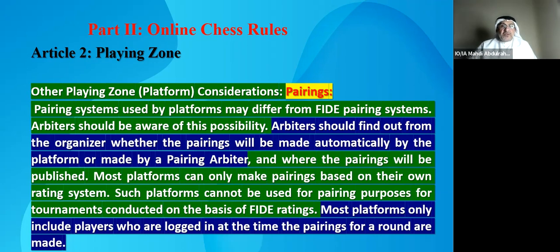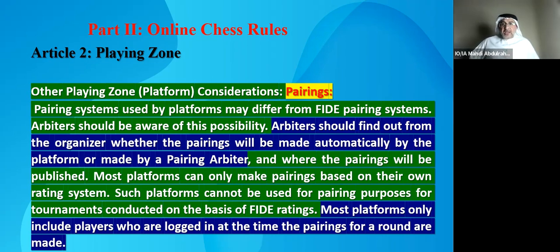Then, other playing zone platform considerations: pairings. So we have pairings. Pairings can be made by Swiss Manager, then transferred to the platform. The pairing system used by platforms may differ from the FIDE pairing system. So some platform pairing is not similar to the FIDE. For that, we use Swiss Manager, then from Swiss Manager transfer the pairing to the platform, and from the platform we run